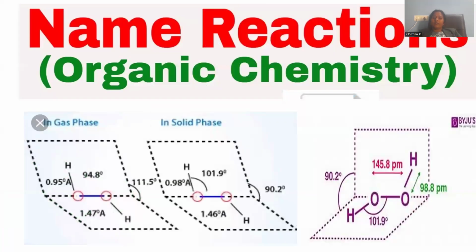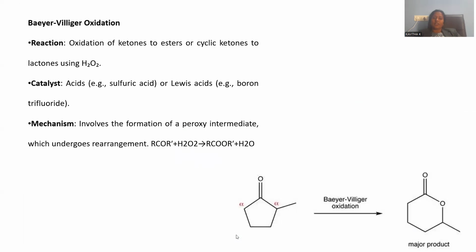Named reactions pertaining to hydrogen peroxide. What named reactions involve hydrogen peroxide? Hydrogen peroxide is the open book model molecule, which is a bent molecule. One of the hydrogens is in the upward direction, and the other hydrogen is in the downward direction. You can clearly observe that between the two oxygens, a distance of 145.8 picometers is covered. This is the way a clear description is given. Let's see the named reactions which involve hydrogen peroxide.